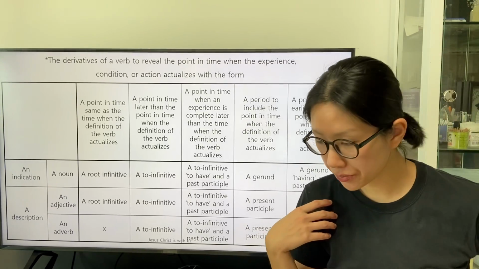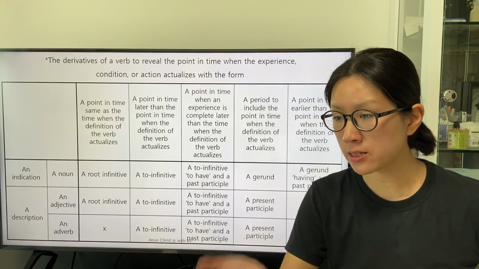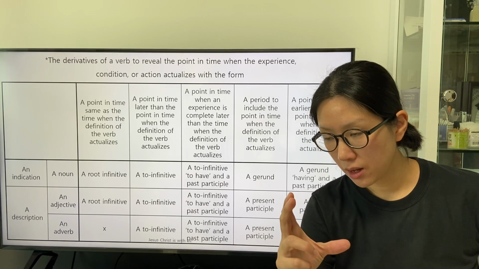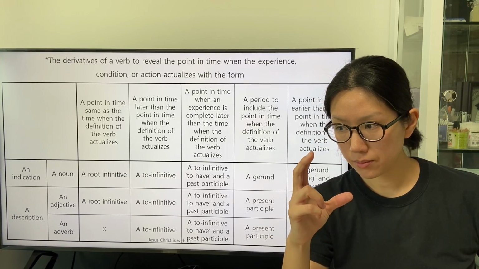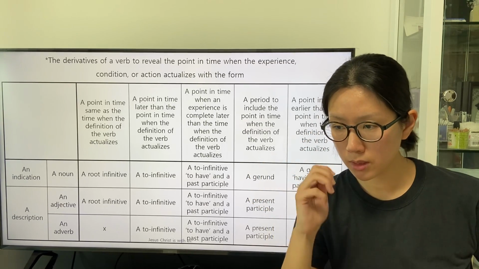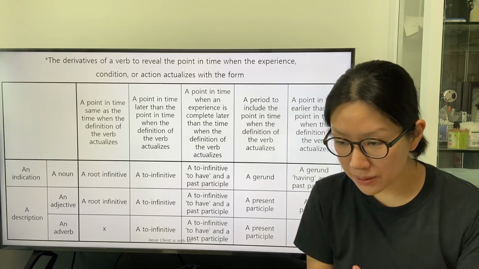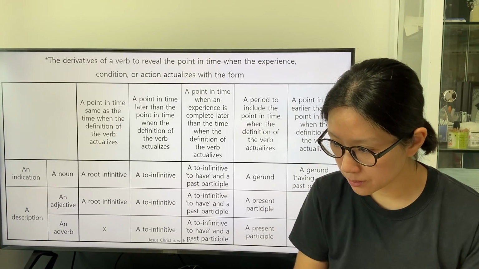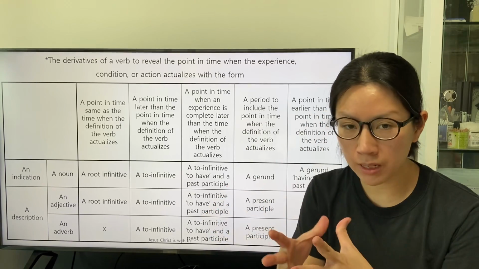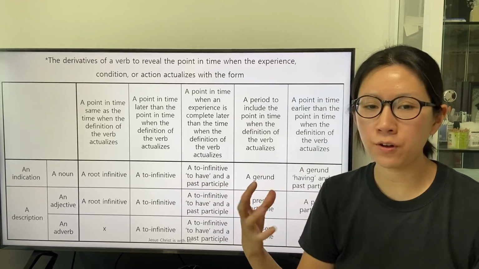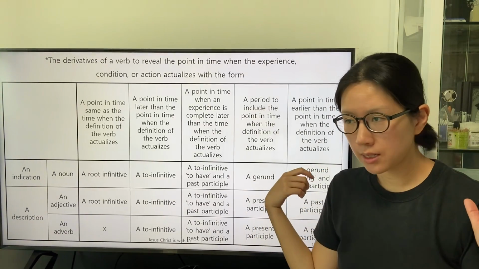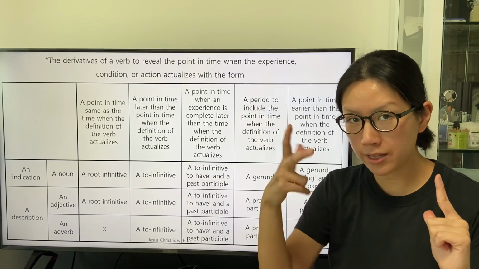If the speaker intends to indicate how the experience of the subject has lasted, the speaker can apply the combination of a gerund having and a past participle to specify the definition of